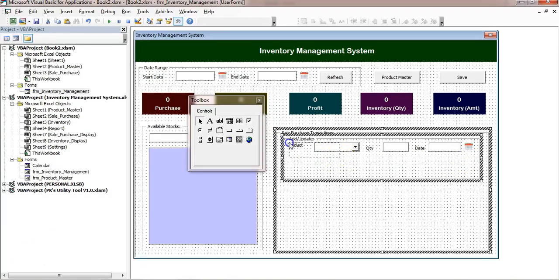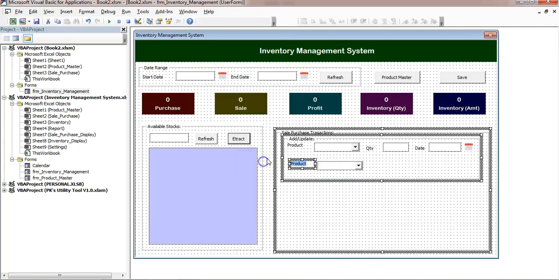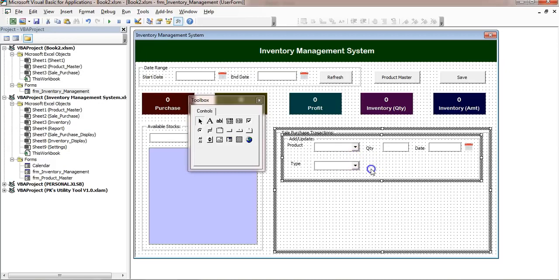Now we will make a copy of this combo box and label, copy and paste this here, and we will put here type or transaction type. Let's say I'm putting type, and here we will give the drop down as sale purchase. Alright, then let me copy this and paste, and here we will display our rate.